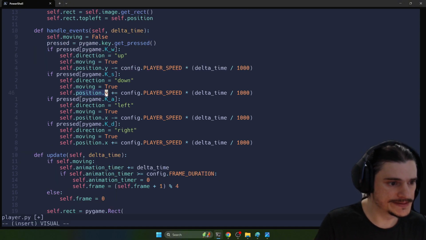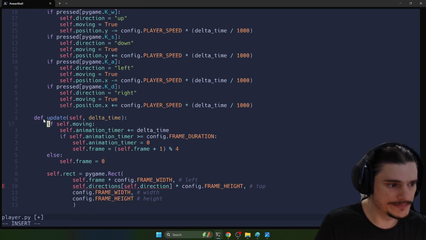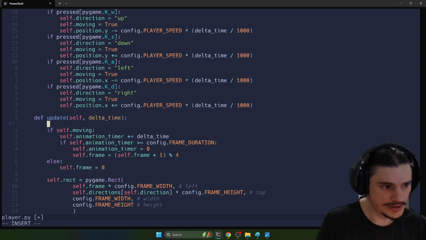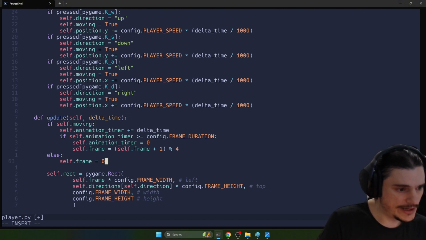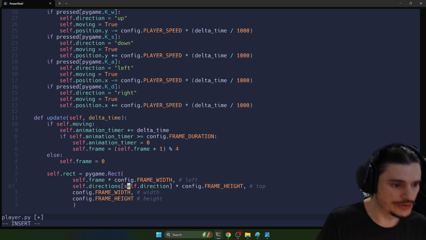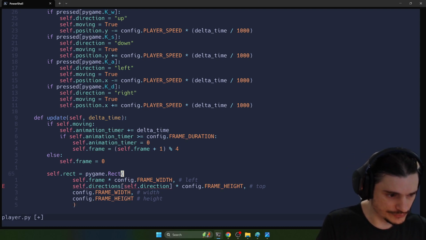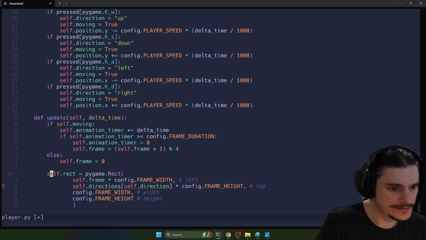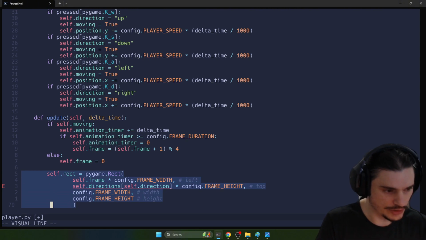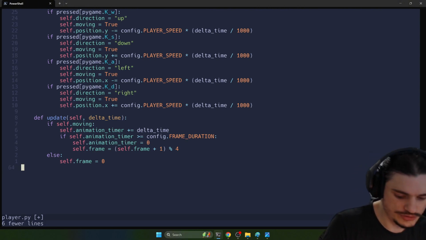Because it's this position that we're constantly updating, when we get to update the player here as far as animation and so on, we need to make sure that the rectangle is also being updated. So after we've been through, sorry, we did still have this rect here being updated. So let's get rid of this, because that's wrong now. So we've got